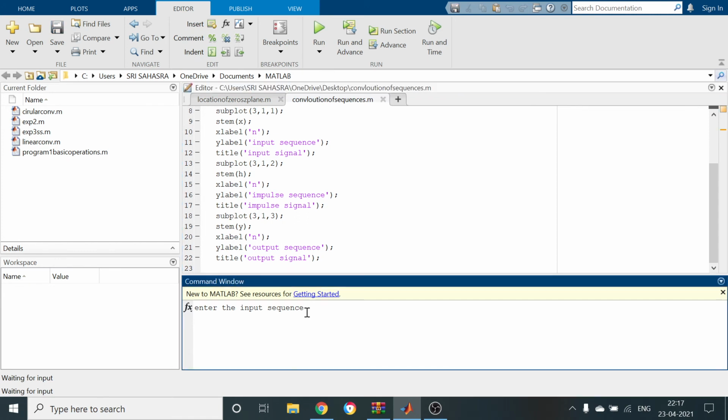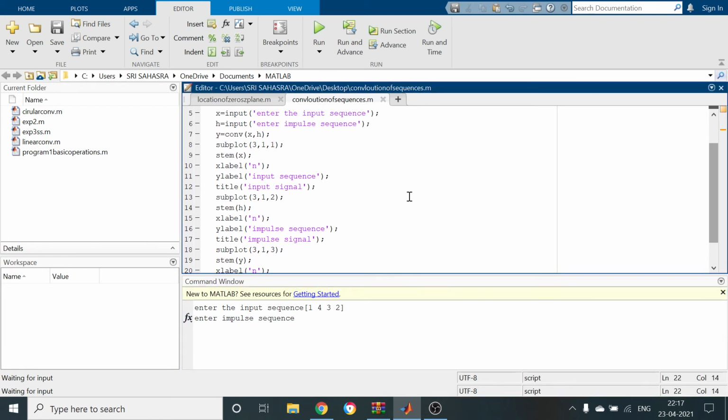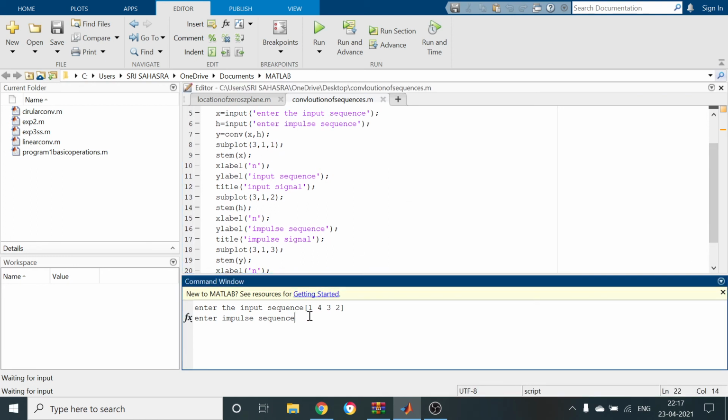So here, in the command window, you can give directly in the program also, 1432. Again, after executing this instruction, it goes for the next one. What is Y equal to? H equal to. So I am going to write 1 comma 0 comma 2 comma 1. You can give any number. So here you are going to get